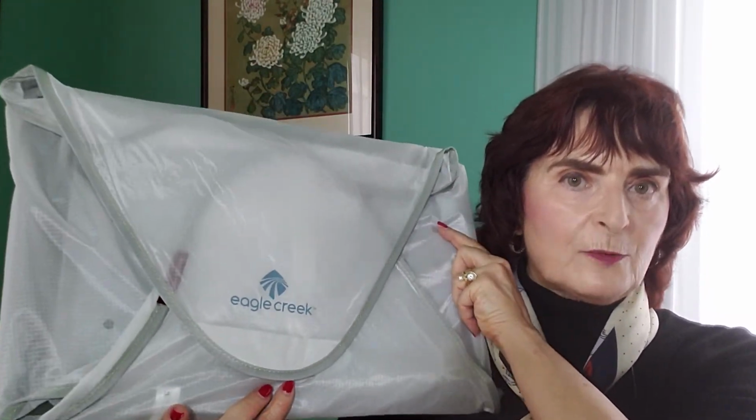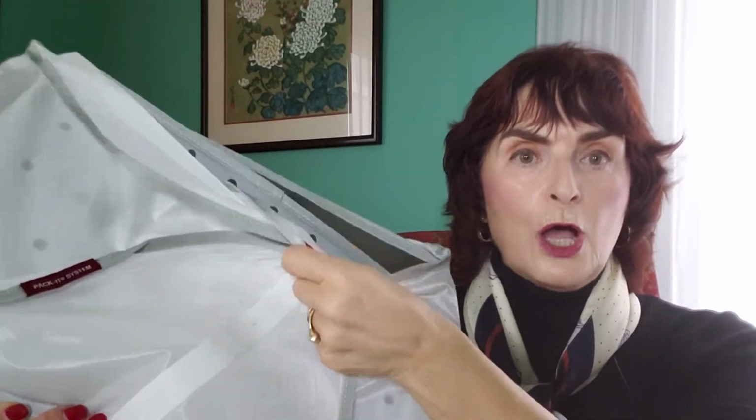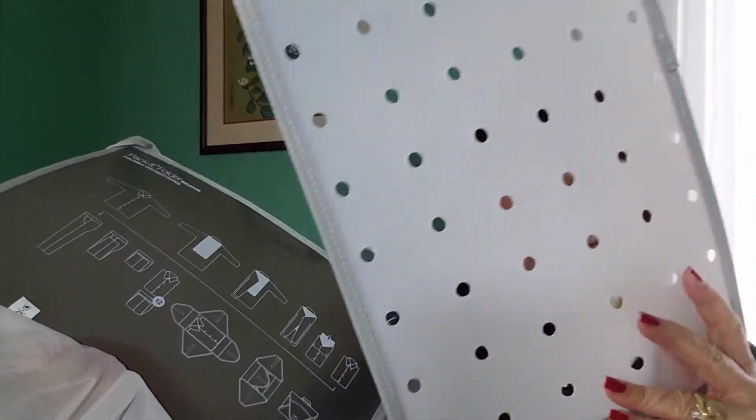The last item are these packing envelopes. So what they are is they are Velcro closed, and they undo and they fold quite nicely. They have a packing board inside that you can use to fold garments, large garments like pants and blouses, dresses, skirts, jackets, and then you can place them carefully in here, fold over the envelope and seal it up,